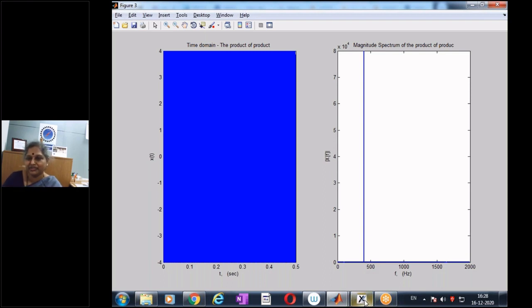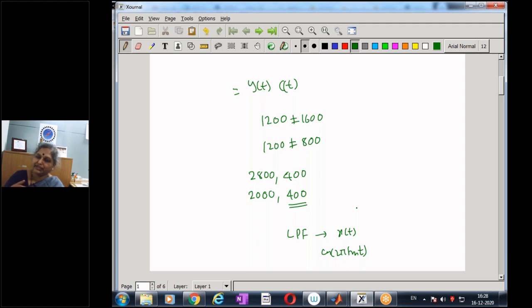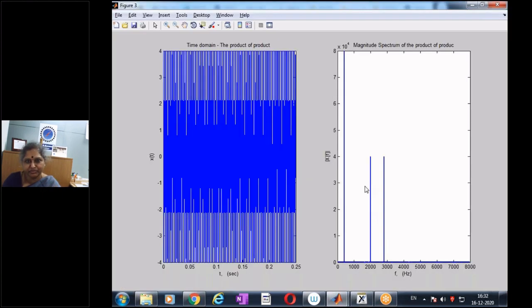This is a process that happens in, we saw that when I multiply by a carrier, I'm doing modulation or transmission. And when I multiply with the same signal, I get back my original signal. This is what happens in any demodulation process, where we try to retrieve the original signal, which had been shifted to a high frequency to suit broadcast communication. Product of the product, this is in time domain. It has the 400 hertz component, and it has the 2000 and the 2800 hertz components. So this is what we see in the spectrum.